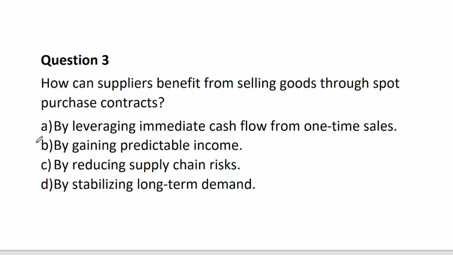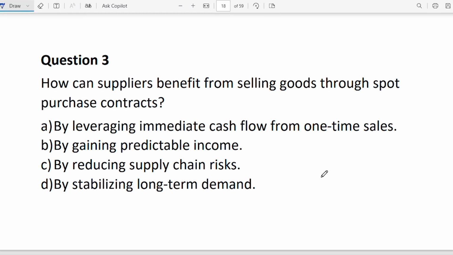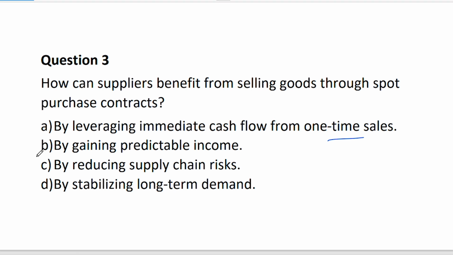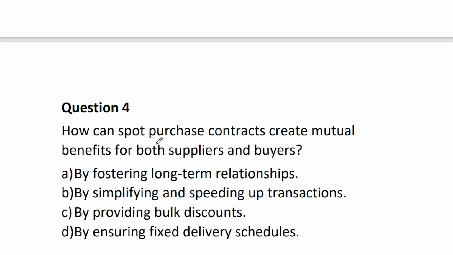Next. How can suppliers benefit from selling goods through spot purchase contracts? By leveraging immediate cash flow from one-time sales. That's pretty much it. There's nothing predictable, because you never really knew if somebody was going to buy. They don't reduce supply chain risks, and they don't even stabilize long-term demand. It's just that somebody's buying that thing now, and you can take advantage of that need and charge a high price, especially if you know that they're desperately in need of that thing. So the supplier can leverage immediate cash flow from that one-time purchase, depending on whatever is being